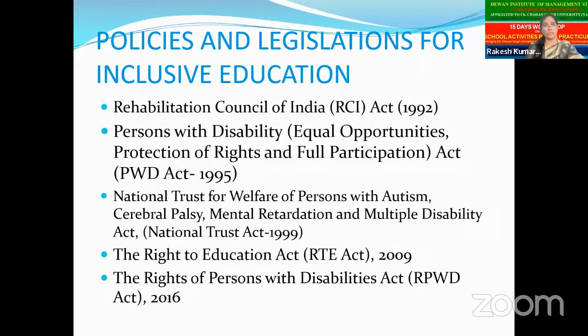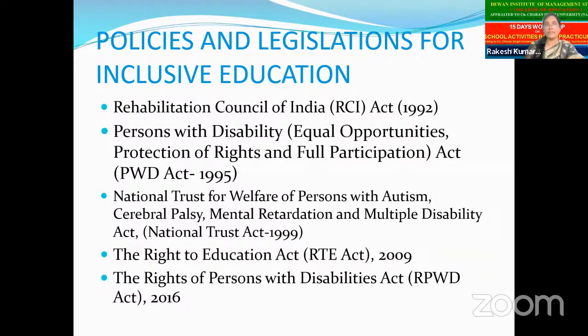And the second one is Person with Disability Act. Person with Disability Act is also for the right of persons with disability. The Act gives equal opportunities, protection of rights and full participation. It has replaced the existing PWD Act 1995. And the next one is National Trust for Welfare of Person with Autism, Cerebral Palsy, Mental Retardation, and Multiple Disability Act, National Trust Act